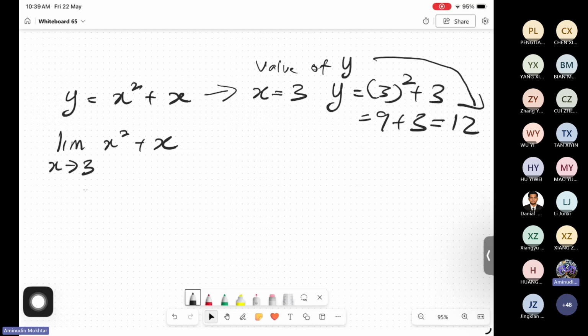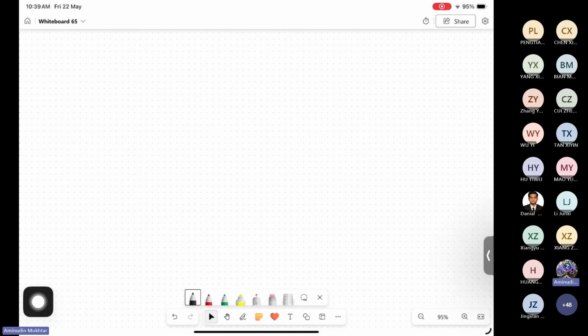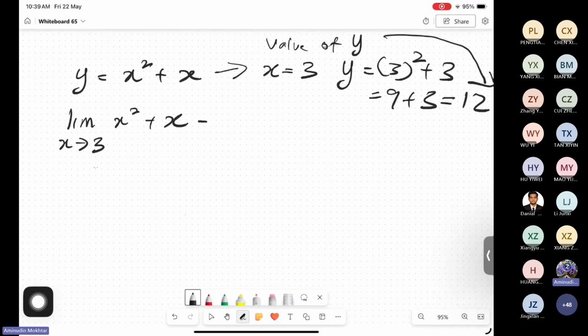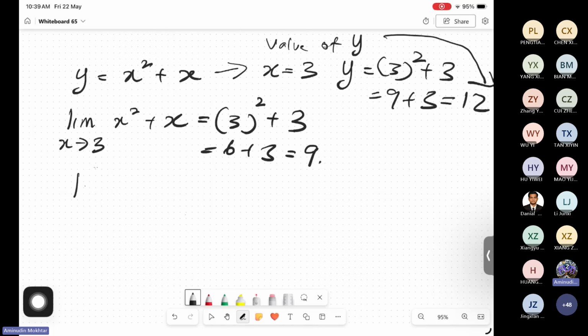What we should do here is just substitute x equal 3 into the equation. 3 squared plus 3. The answer is 6 plus 3, also 9. So the limit from here, since we have this number, we can calculate it. What does it mean? That is the answer. So we can conclude that the limit when x approaches 3 for the function x squared plus x is 9, because